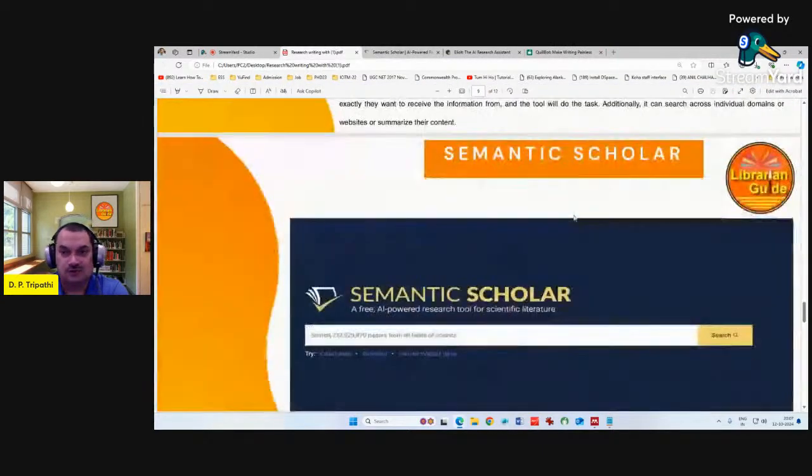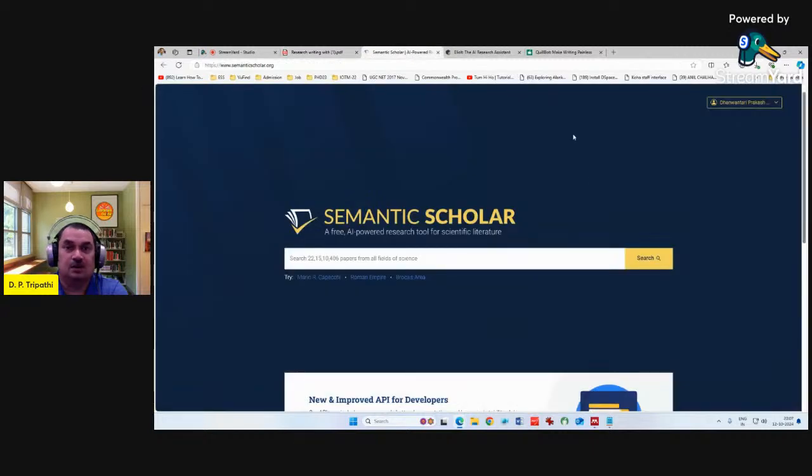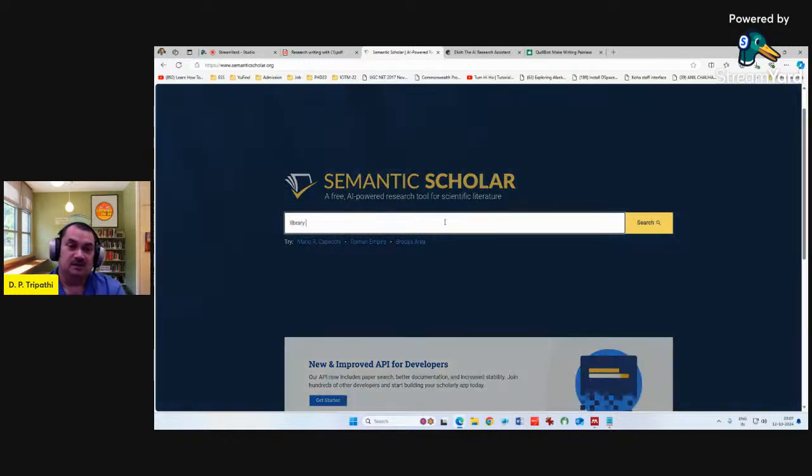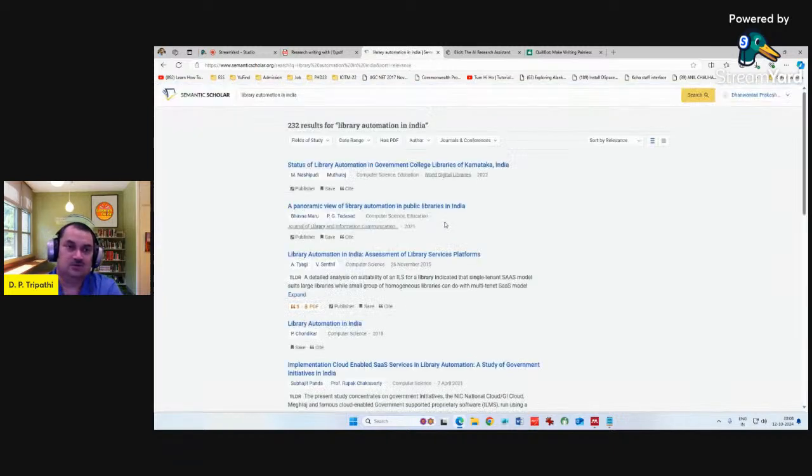Next tool I'm going to talk about is Semantic Scholar. Semantic Scholar is a free, AI-powered research tool for scientific literature. You will find millions of records here, and it is connected to many other artificial intelligence tools, so when you are finding the detail, it will connect to Semantic Scholar. So suppose I am typing library automation in India